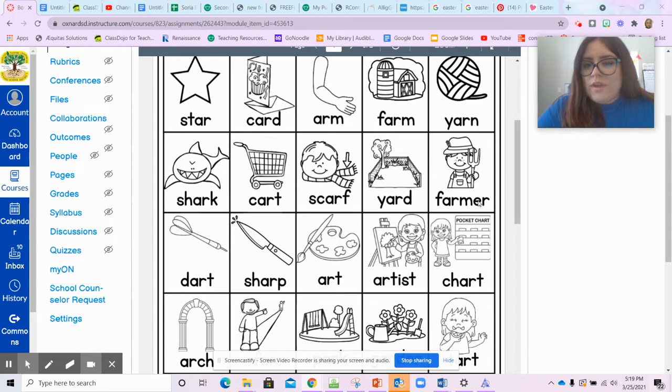farmer. We haven't gone over this one, but I want to point out to you, there's another bossy R here. The R over here doesn't let the E say its name either, and it just sounds like R. So here we hear R, and here we hear R. Farm,